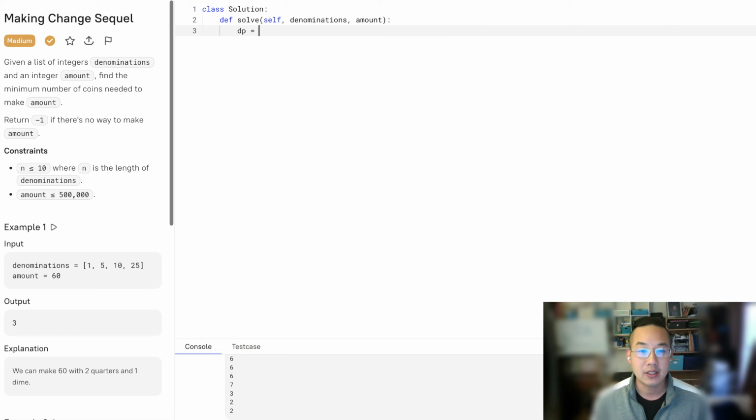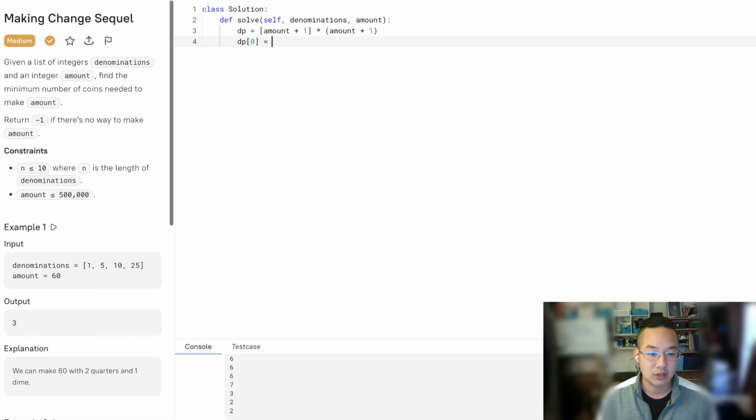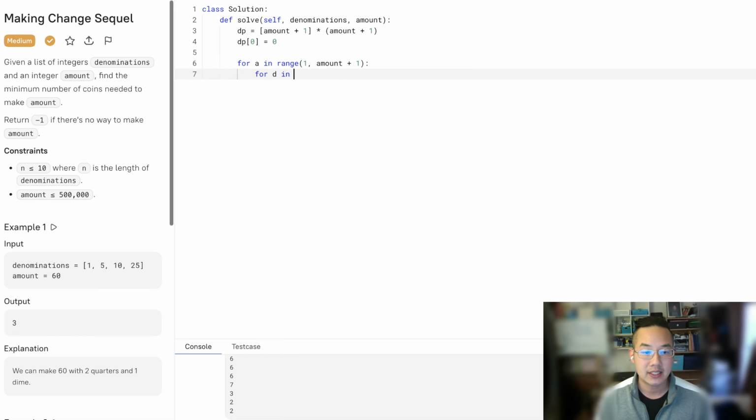So this means we're going to set dp equals the amount plus 1, times the amount plus 1, so that we get the proper amount of items in our dynamic programming. And we set dp of 0 to 0. Look, we're going to get to there in 0 time. So for a in range amount plus 1, and for d in denominations,